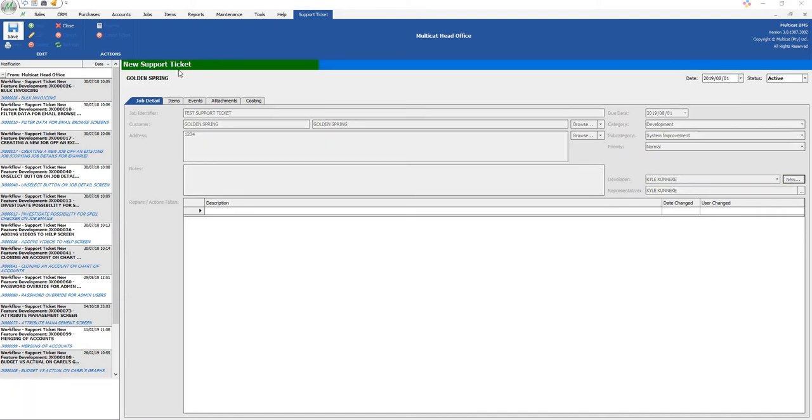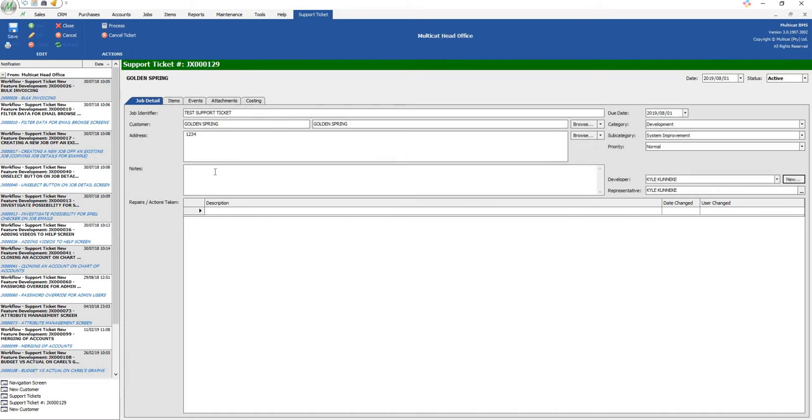As soon as I save it, you'll see it actually generates me a ticket number. So in this case what we do is we actually send the client our ticket number so that they know that it's in development, should I say. Their issue is being addressed. Here's the ticket number. The repairs and actions, basically if there were multiple people, for example, working on this,